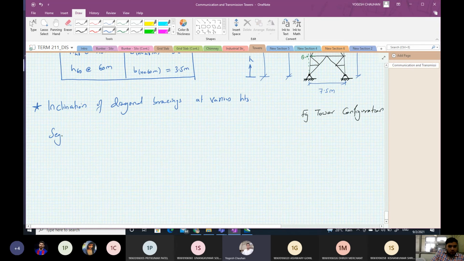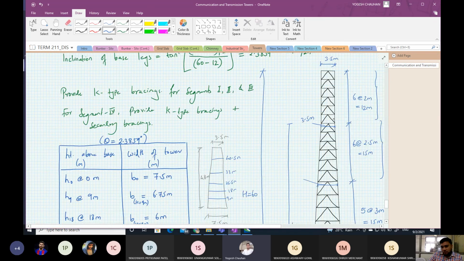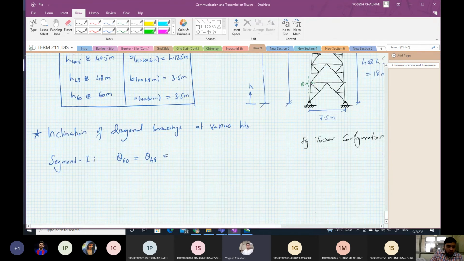For the first segment, the inclination will be the same as the slope of this. This is theta 60, this is theta 48. So that will be equal to